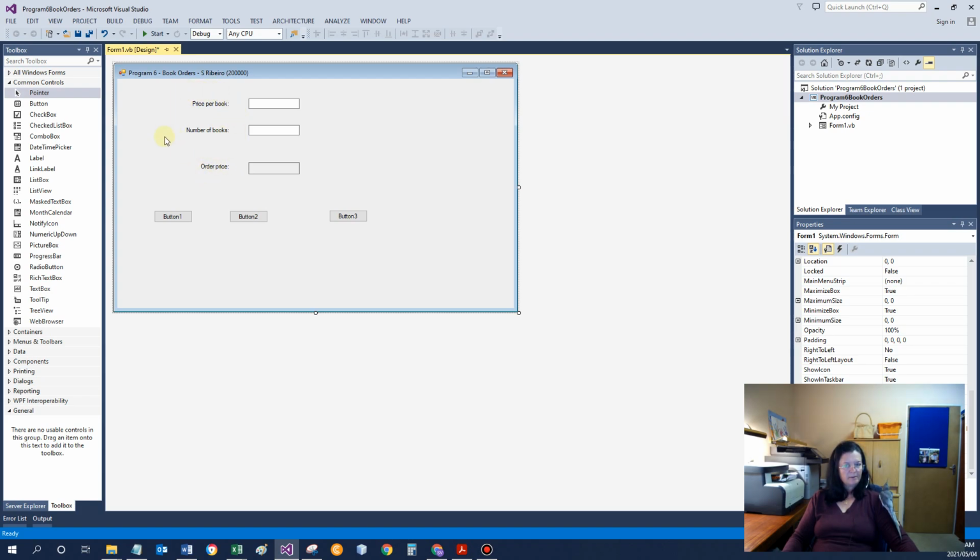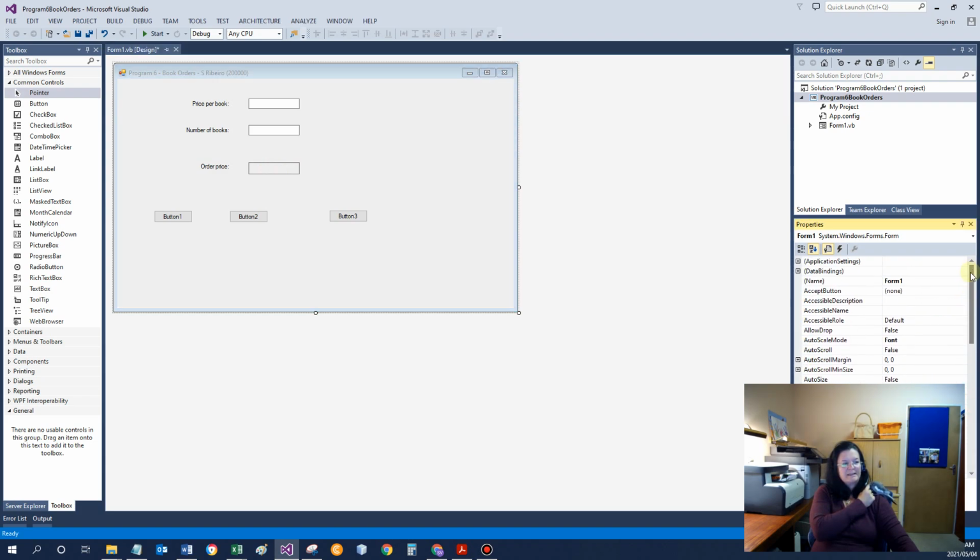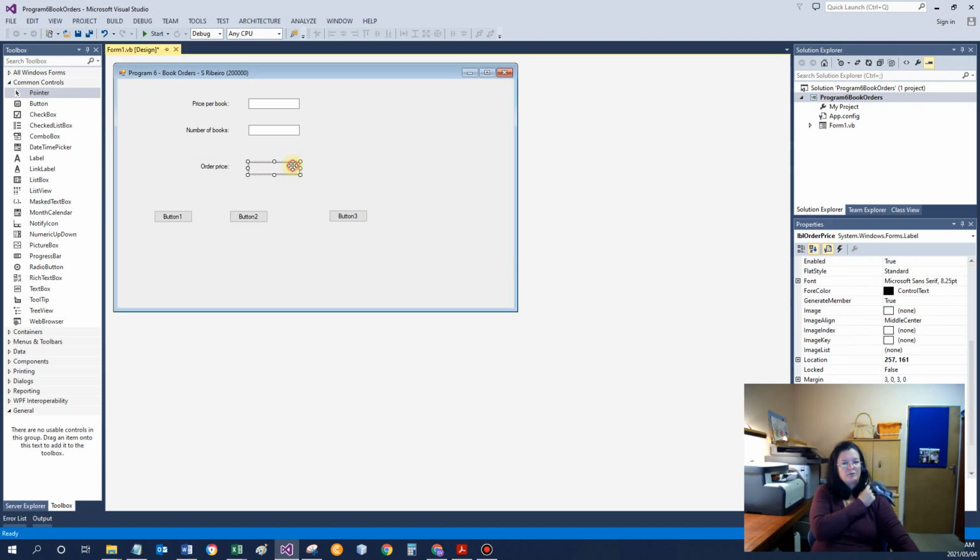So these labels, just to repeat, that give a description, I can leave the names as they are. I don't need to change it. But all the controls will get a proper name. And for the label that is going to display the output, I changed a few settings. I first of all changed the name,